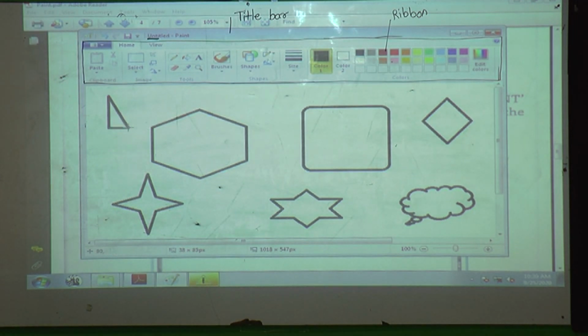You can see here, this is the same shape, but we can draw it in different sizes. This is small, this is big, but we can draw. We can give color also.